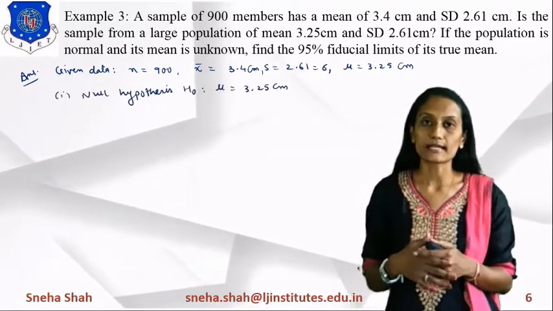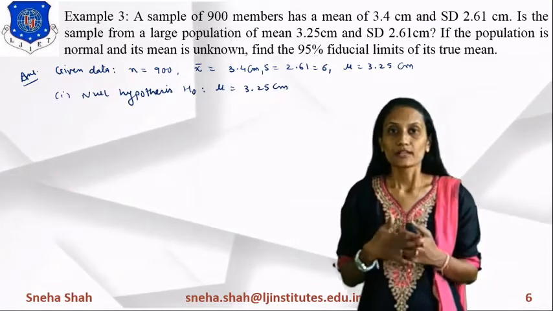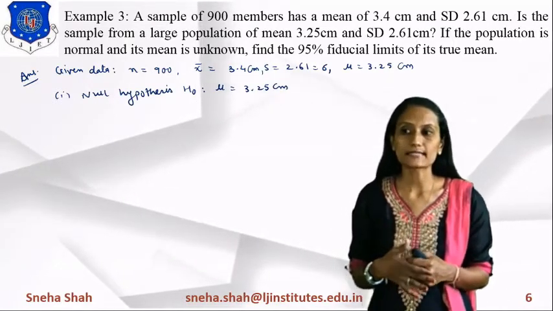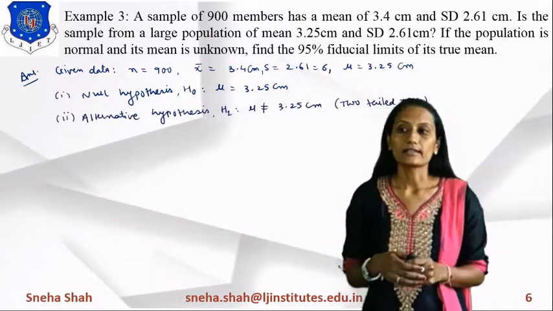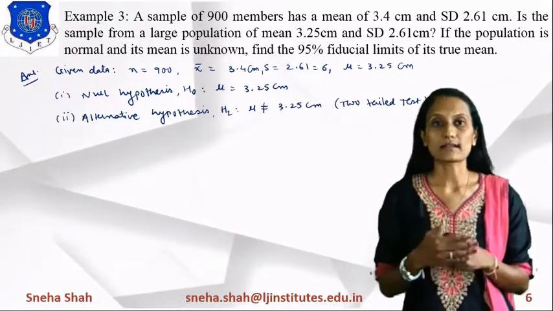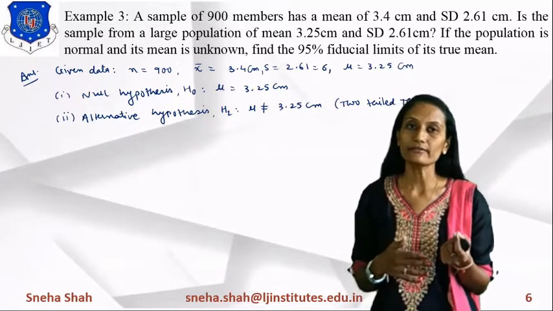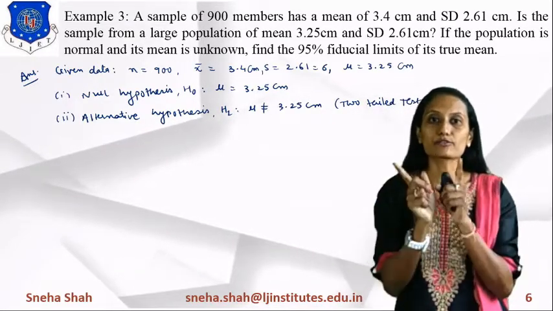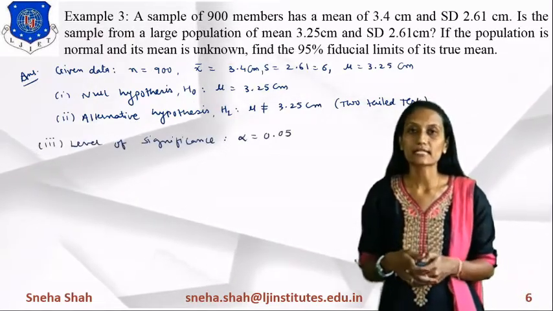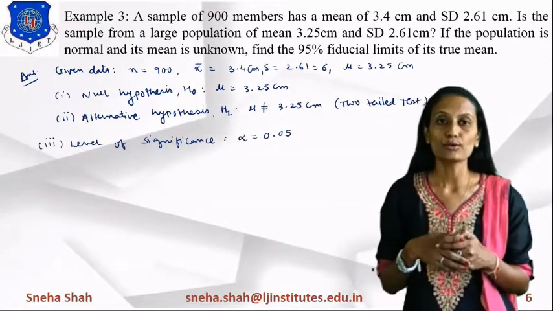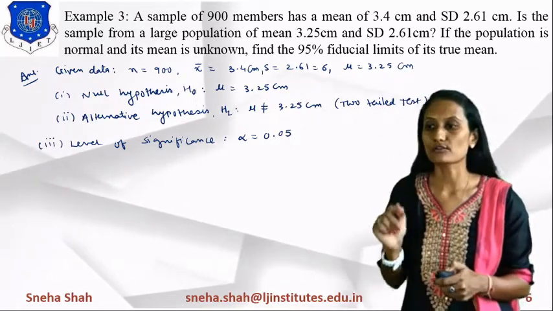Now, first of all, we consider the null hypothesis. It will be represented as H0. So what is the value of H0? H0 will be represented by taking mu equals 3.25. Then what will be the alternative hypothesis? The alternative hypothesis will be considered as mu does not equal 3.25. So it is not a particular value, so it gives you a two-tailed test. Now if we find the level of significance, the answer is alpha equals 0.05. So a 5% level is given to you, 0.05.